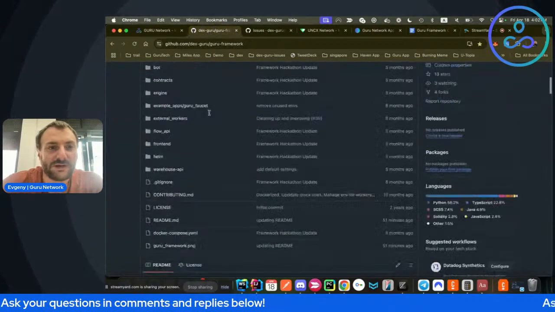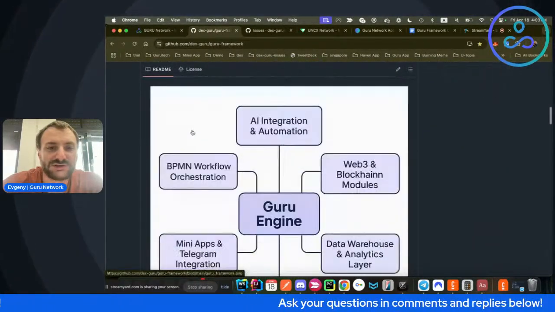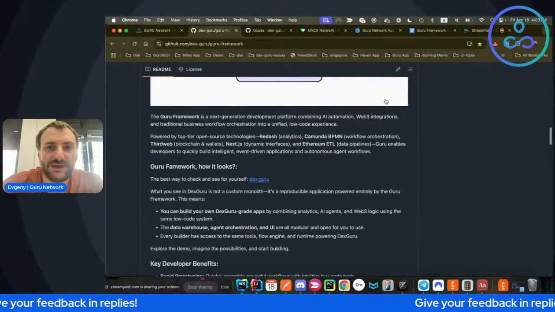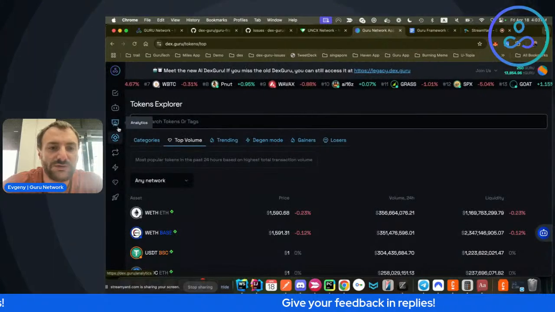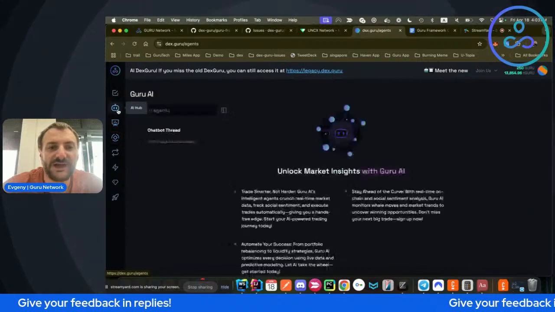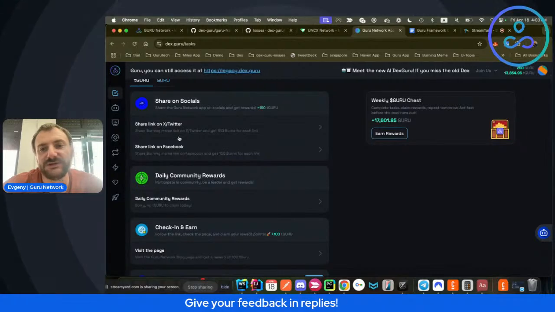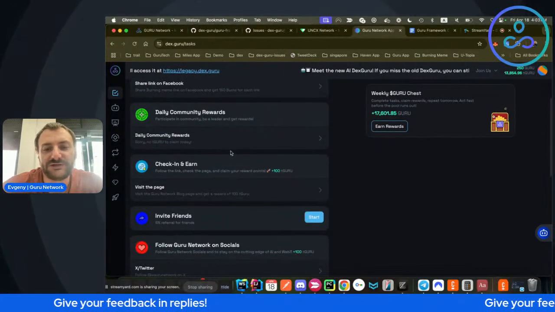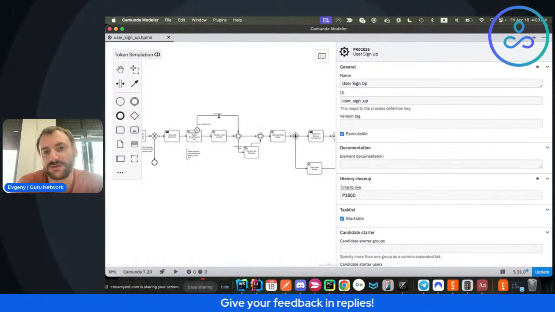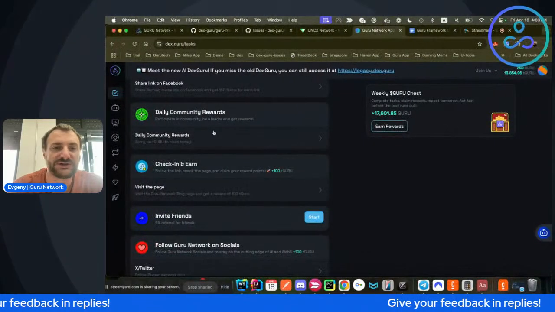So Guru framework, it's in GitHub, DexGuru, Guru framework, and we are constantly updating it with new features, and it's a core component of all our applications. For example, when you get into the new DexGuru, which is quite different, as you see, from our legacy DexGuru, it has an agentic interface, it has actions, which you can design and develop using a business process automation platform. Everything you do in this low-code environment is presented in the front end immediately. All you need is to change those diagrams, and then your application looks completely different.